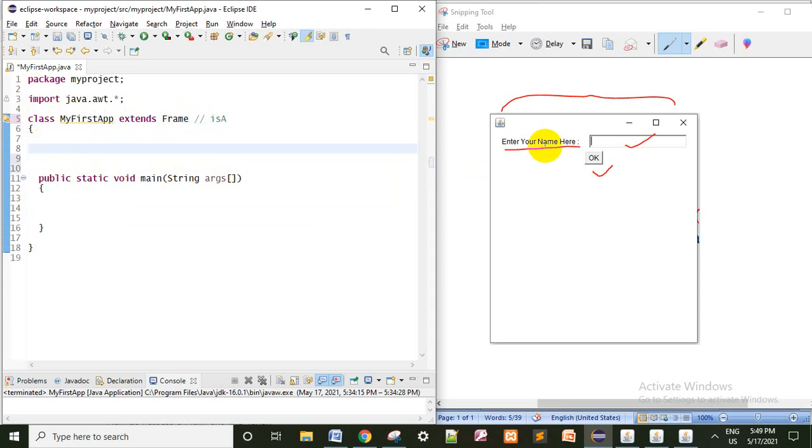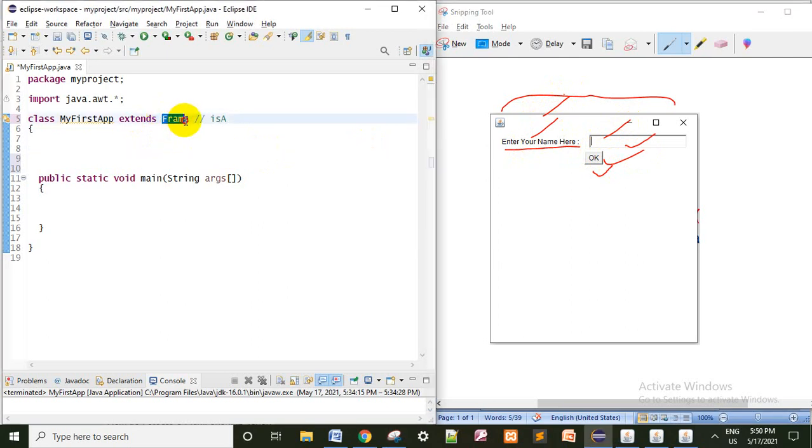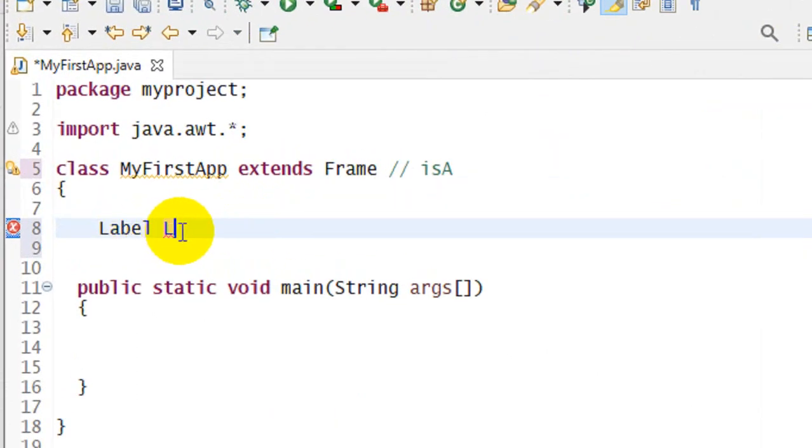Assume you want to create this type of application, how many components do we need? First we need one frame, then one label, a text field and an OK button. There are four things we need. The frame is already created. Now I want to create the object for the label, so I will take Label L. You can use capital or small letters, whatever it may be.